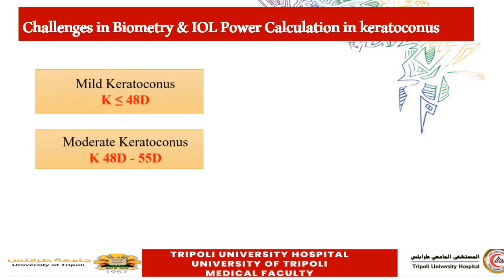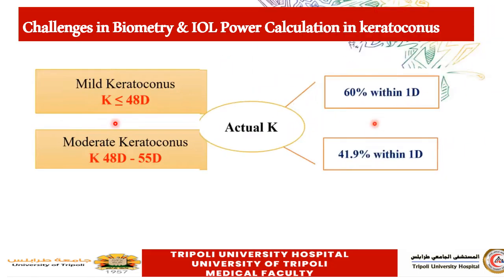Based on different studies, it is advised that if you have a mild to moderate keratoconus, according to the Amsler-Krumeich staging system, that is mild, less than 48 diopters, and moderate, between 48 to 55 diopters, in these cases it is better to use the actual K reading of the patients, that's the true K. And the studies show that in patients with mild keratoconus, 60% achieve within 1 diopter of sphere equivalent postoperatively, and